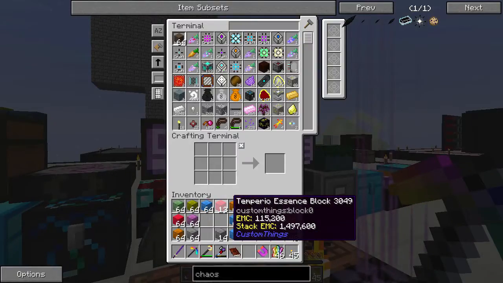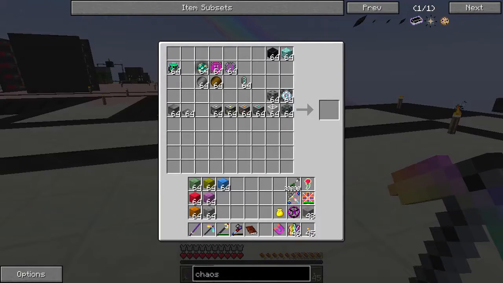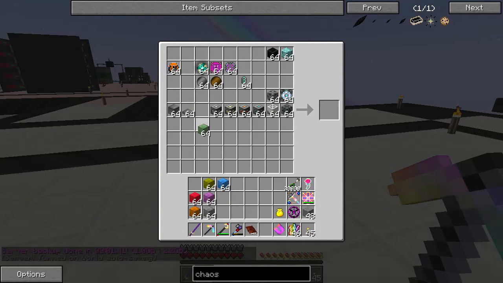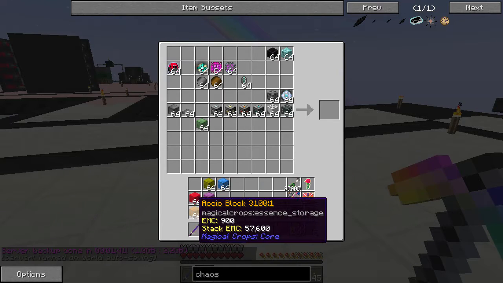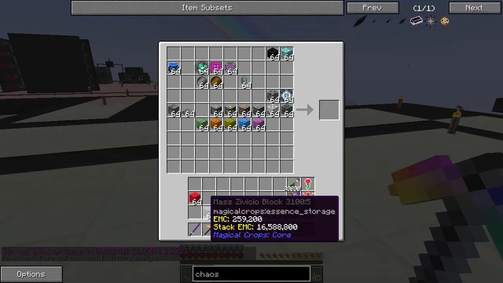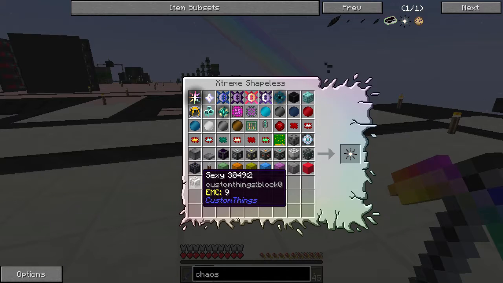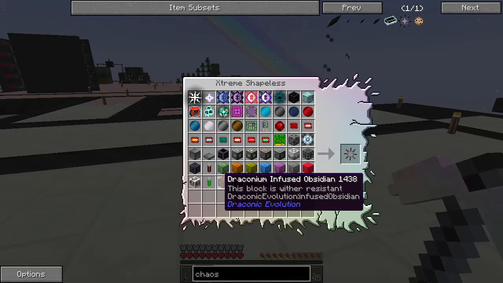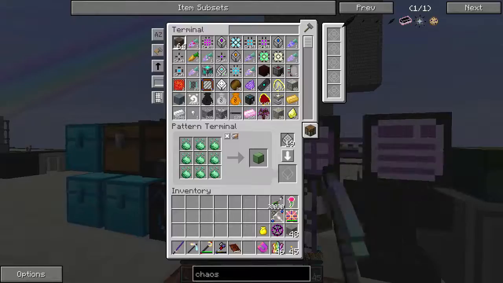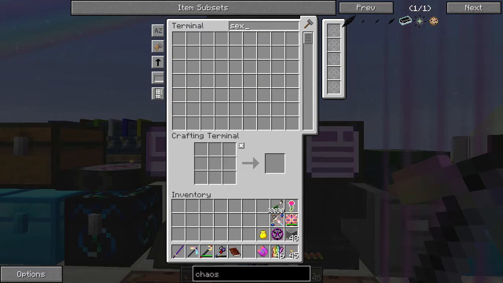Okay, so we can put these guys all away. And these things go starting from the third in order. So Osseo, Crucio, Imperio, Zivisio, Massivisio, and Temperio. Alright, so last row we have the sexy block, reinforced obsidian, and that's it. So, and then everything else we need to autocraft or automate. So the sexy block is